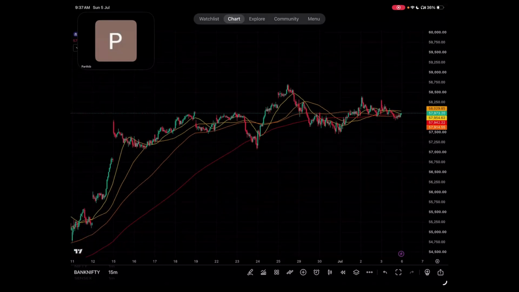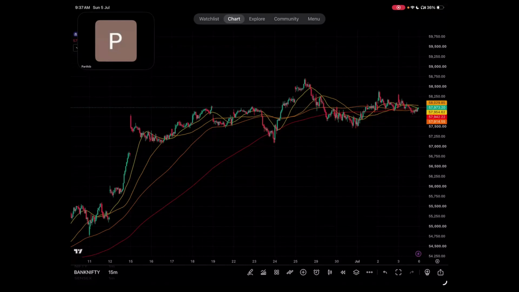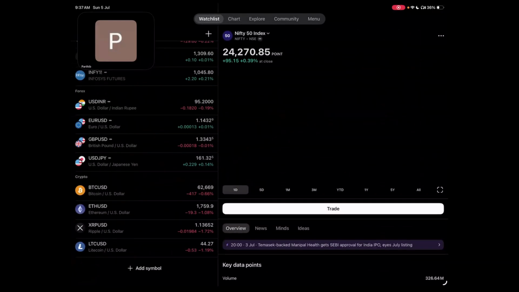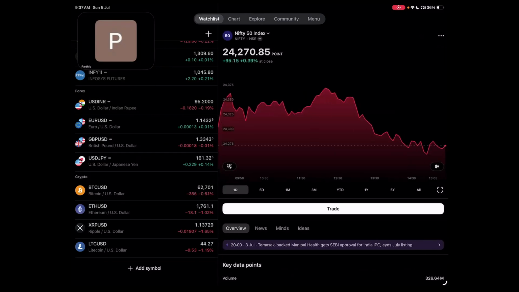So that watch list thing Vedish has on the right, you have it on the top. Watch list, chart, explore, community, and menu. Okay, these are the things they have. Now this is the same watch list you will have, because TradingView has standardized it for everyone. Once you download the app, you get a watch list like this, and they have segmented it into subsections, which I'll teach you how to make. But right as of now,